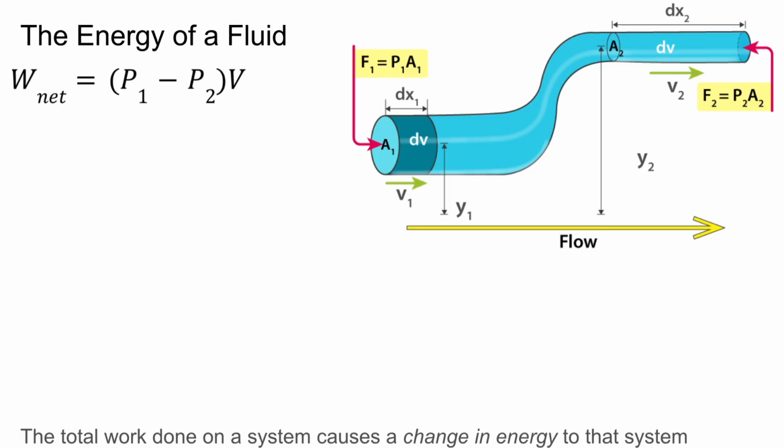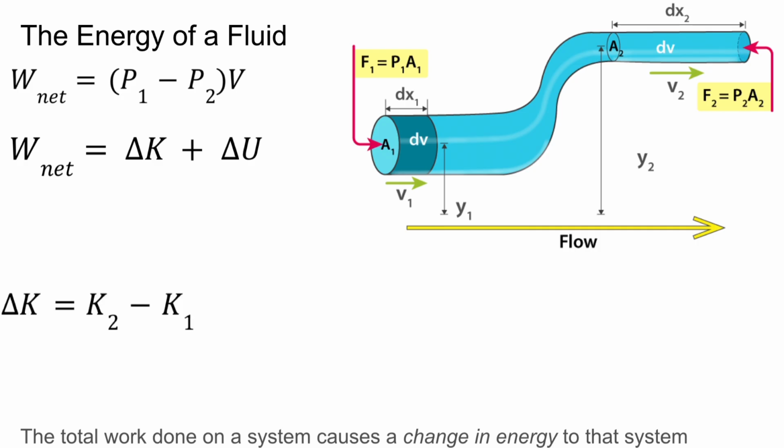And then we're going to think about another way to look at work, because we know that the total work done on the system causes a change in energy to that system. So since our net work equals a change in energy, we can break down that change in energy into the two types of energy that we're going to see exhibited by this fluid, right? Kinetic energy, or the motion of the particles within the fluid, and gravitational potential energy, or the gravitational potential energy felt by the particles at the two different heights that the fluid might be at during its journey through this vessel. And for kinetic energy, obviously, change in kinetic energy equals our final kinetic energy minus our initial kinetic energy,